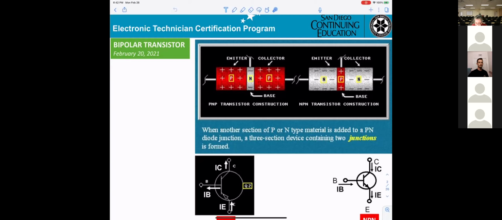So basically, it's just two diodes. You can see NPN, okay? Then you get one diode here, another diode here.